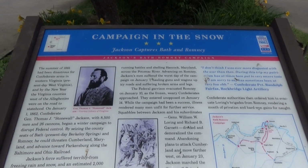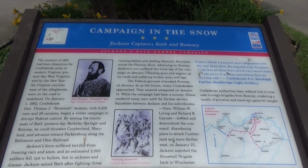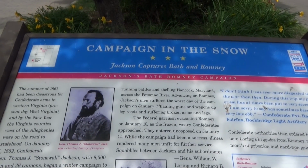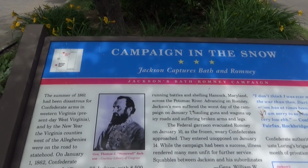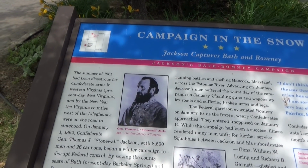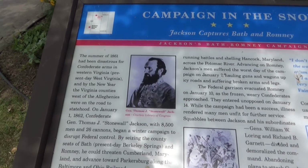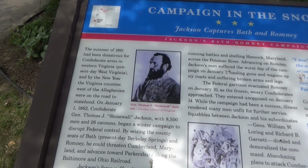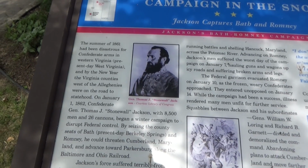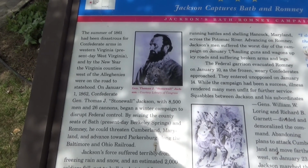Berkeley Springs was also involved in the Civil War, campaigning in the snow. Stonewall Jackson made a raid on the place on January 1st, 1862, with 8,500 men and 26 cannons, began a winter campaign to disrupt federal control by seizing the county seats of Bath, present-day Berkeley Springs, and Romney. He could threaten the Cumberland, Maryland, and